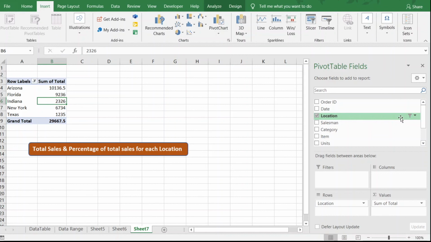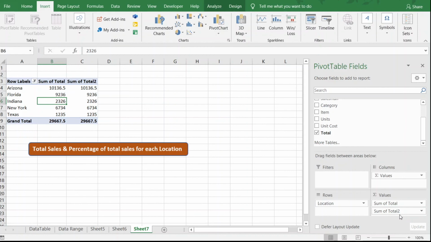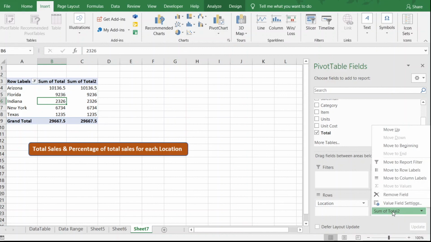So first of all, if you want to keep this column for the total sales, we can keep it, and then we add the same column again by dragging this and keeping it into the values box, and we got this sum of total 2, and now there is another column available in the pivot table. So now we go to this box and right click. We don't even have to right click, we just click on that and we'll get this small menu